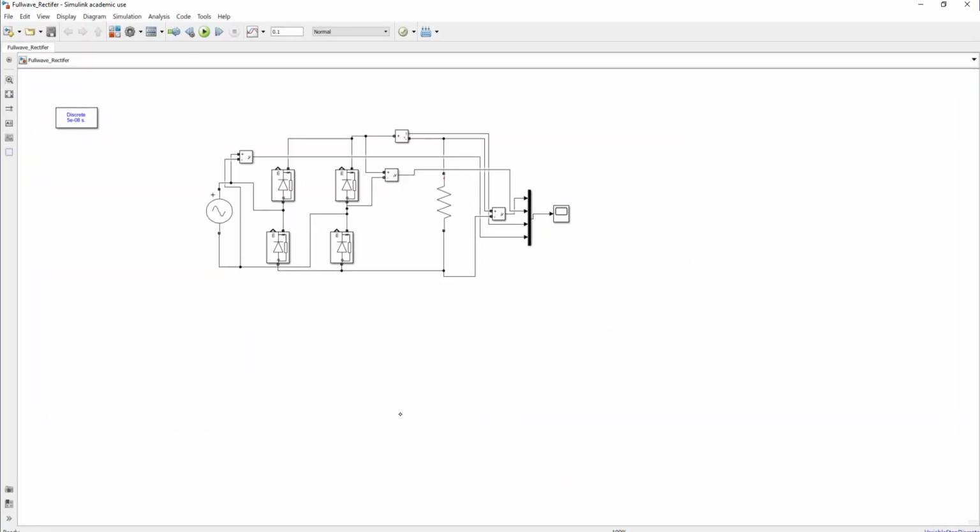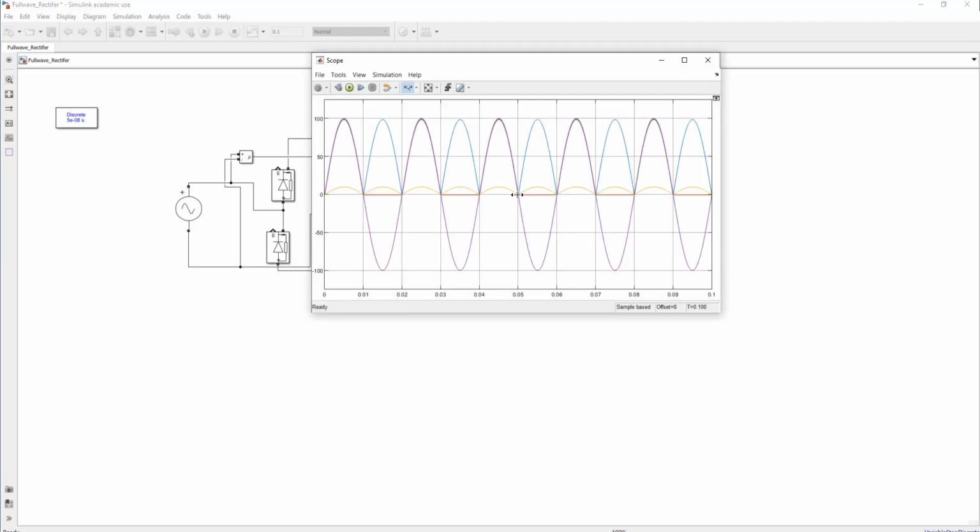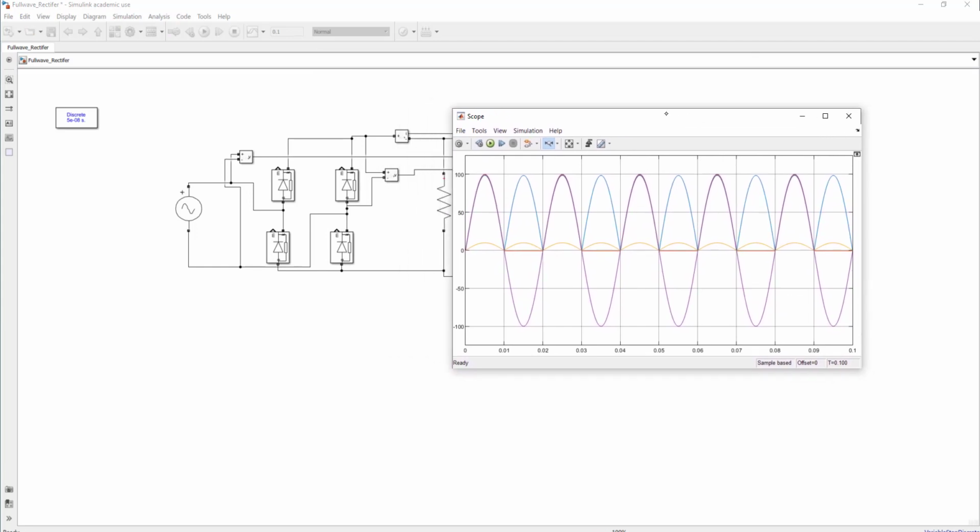So now observe the same thing I am taking. This full bridge has an AC voltage source, and I am measuring the AC voltage source by connecting the two terminals, and I have diode 1, diode 2, diode 3, diode 4, and this source supply is connected here and this supply is connected here, and I also want to measure the peak inverse voltage of the diode. At the same time I want to measure the current flowing through this load as well as the voltage drop across this load. We want to find this out. Now for this I have used a mux, and then I am running the circuit.